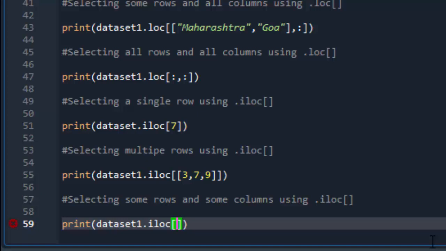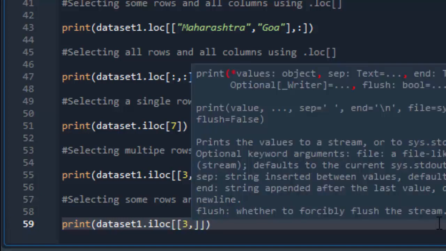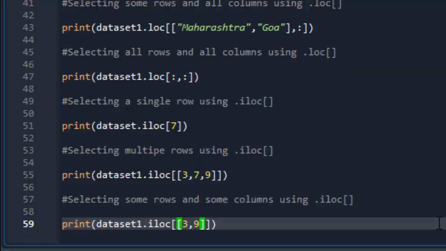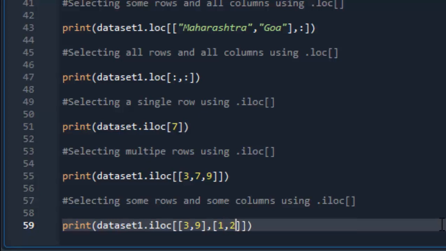But the difference is that we can only pass integer values as indexes within .iloc. So within the first subscript, I am passing the index values as 3, 9. That means the rows at positions 3 and 9 will be selected. And the second parameter is the column indexes. Here also, instead of names of columns, we have to specify the positions of the columns.